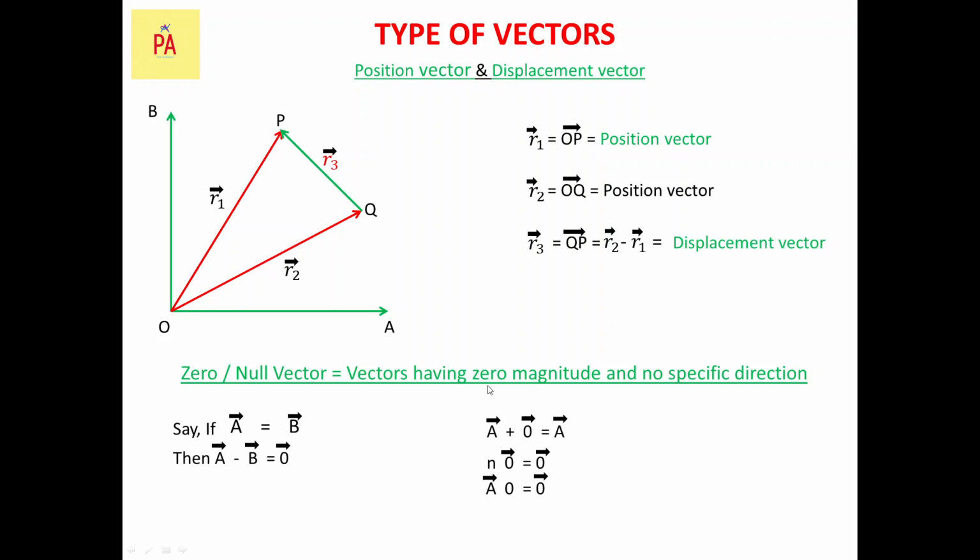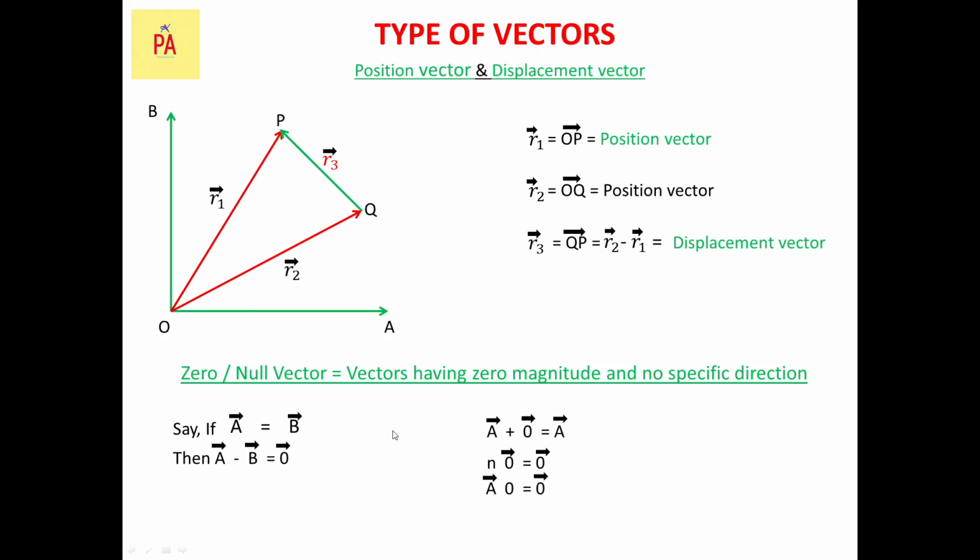Now we can write the zero vector in this way also. Say vector A and vector B are the same in magnitude, and vector B is in the opposite direction to A. That means if I add up, actually in vectors there is always vector addition. There is nothing such as vector subtraction. Now why do we say vector subtraction? Then you can ask, sir, we find vector subtraction in many cases.